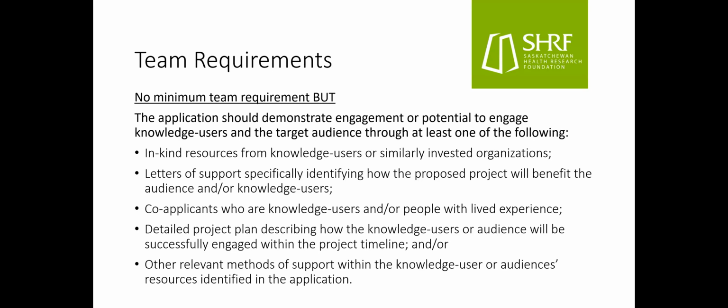So to that end is my statement here on the slide, that the application should demonstrate engagement or potential to engage knowledge users and the target audience. But we are quite flexible on how you show that. So whether that's you have some matching funding from them or in-kind resources, there's still space on the application to list those. We also look at letters of support, specifically identifying how the proposed project will benefit the audience or